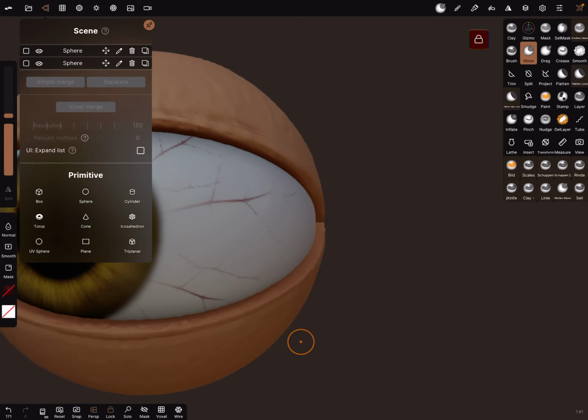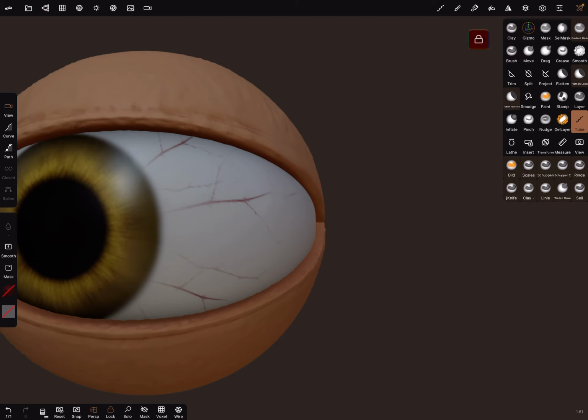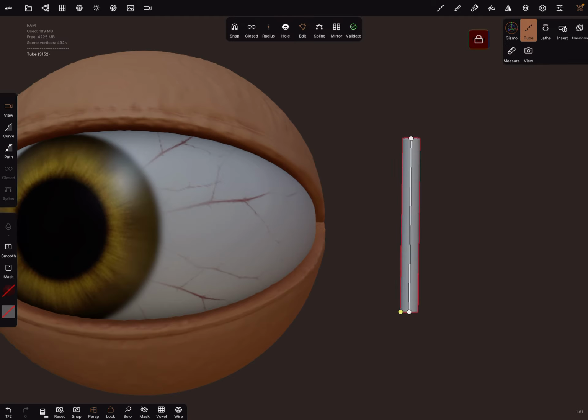And then we need the tube tool, and we choose the path settings and draw only a straight line with 2 points. And you can press on the green button.